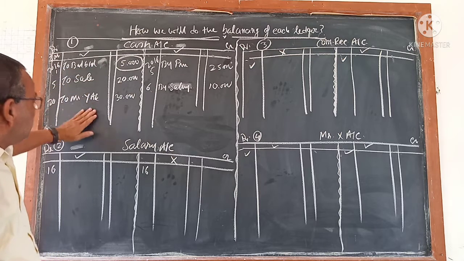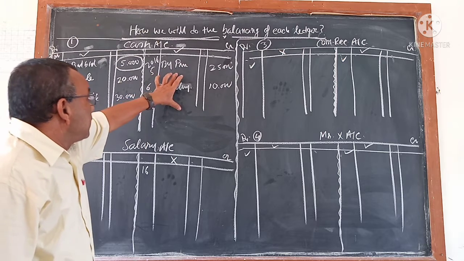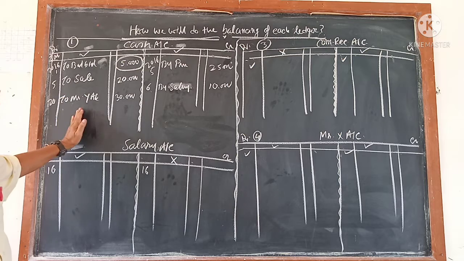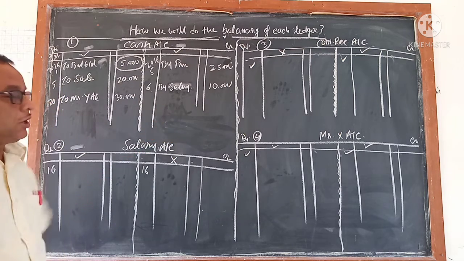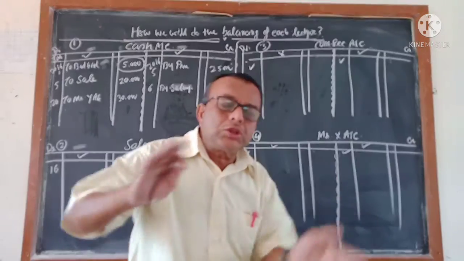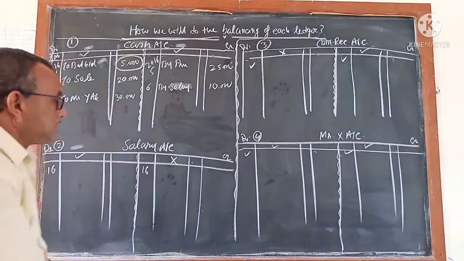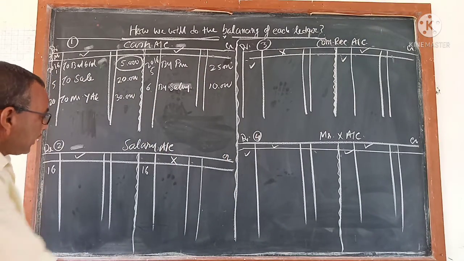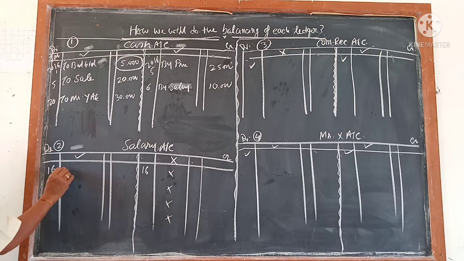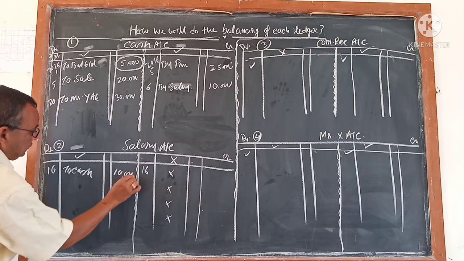Here two postings. There will be so many, but I have taken two from the debit side column and credit side, and this is also the same. That means this side two postings and this side postings. Two postings I have done. But I want to tell you, in some of the ledgers you will find posting on both sides. This is one example of both sides. In some ledgers you will find no posting on the credit side, only debit side posting. Salary account debit to cash, suppose it is 10,000.